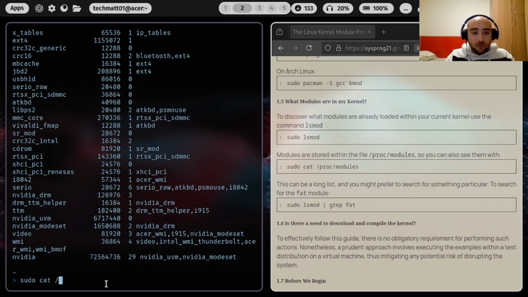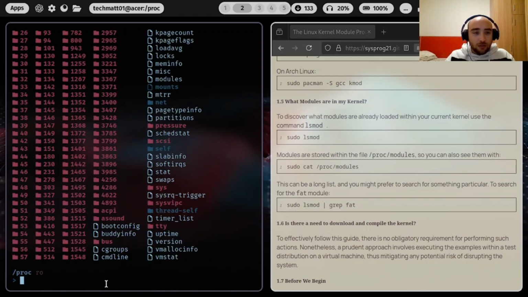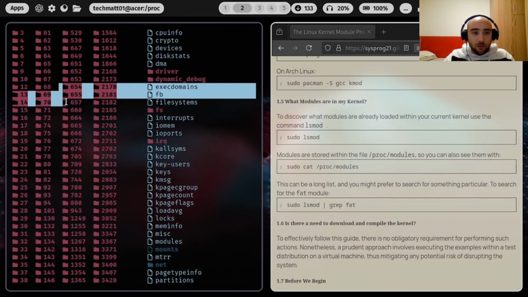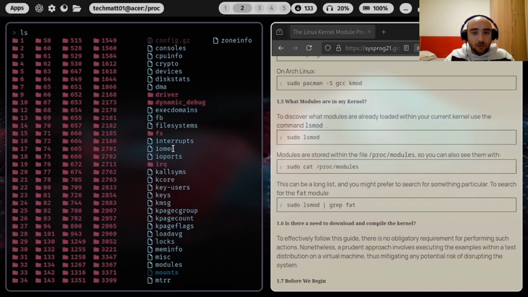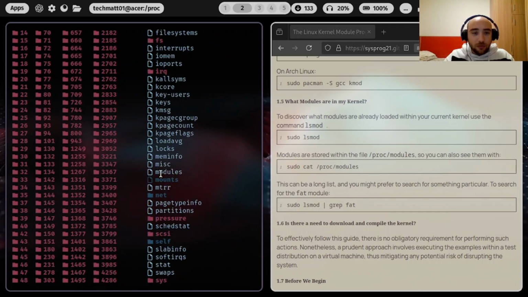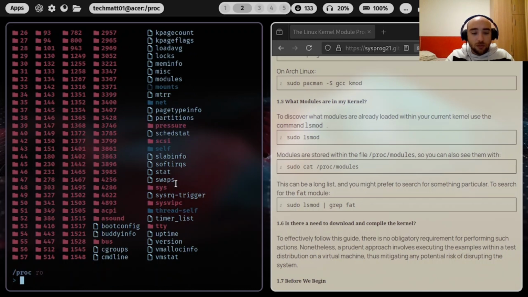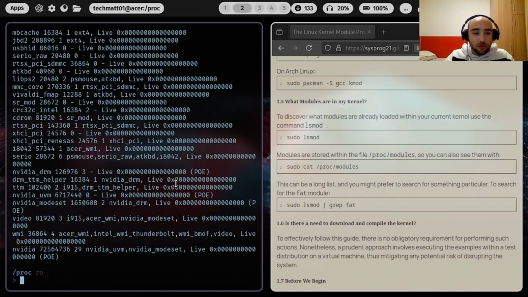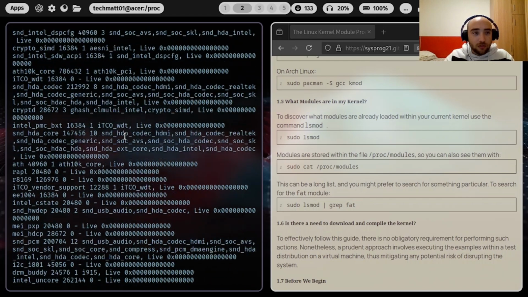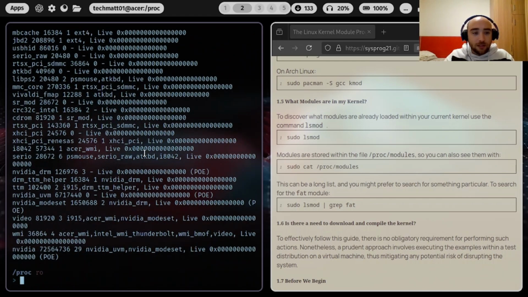Okay, so wait a second, let's go to /proc. What's in here? Okay, these are like the processes, and then there should be, yeah, these modules. If I do cat modules, I should get a permission error. No, I'm not, apparently. Okay, let's redirect the output to less. Sorry. Right, modules